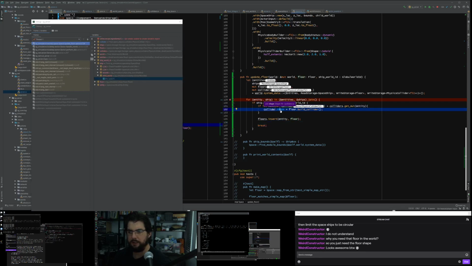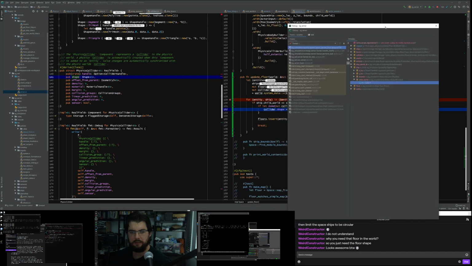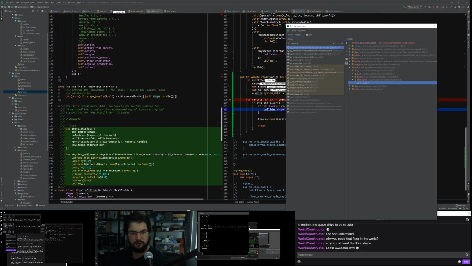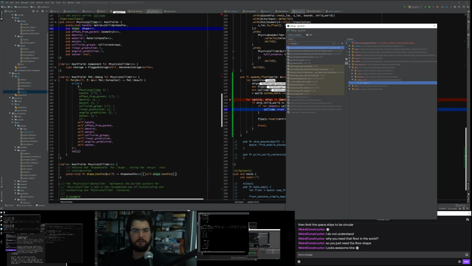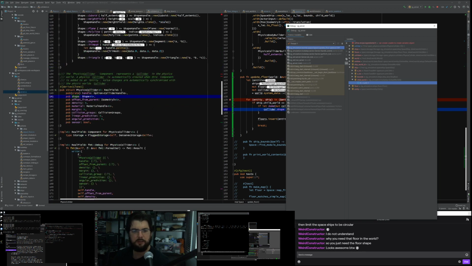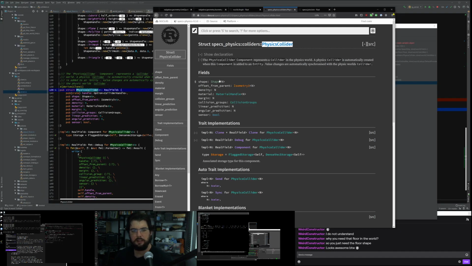I think it's very likely that the problem here is, what if I have to call something to change the shape? It's very likely that the problem here is something to do with the specs physics as opposed to me specifically. Let's see if changing an existing physics collider probably needs me to do something special.